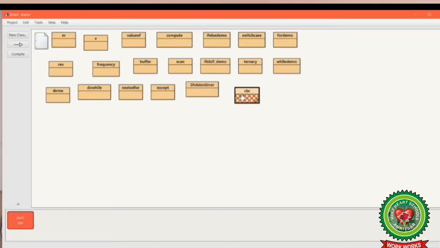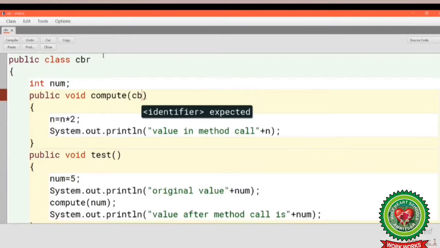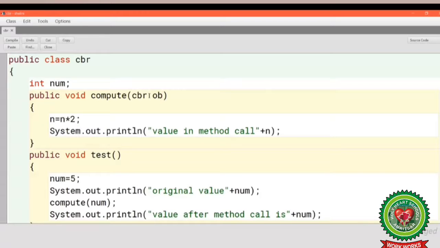For call by reference, I am going to make the changes in the same program. Here I have done CBR. Now here I am going to create an object of the class CBR, OB. Why OB? Because OB is the object of CBR. In call by reference or pass by reference, we used to pass the non-primitive data type. Now here I will write OB